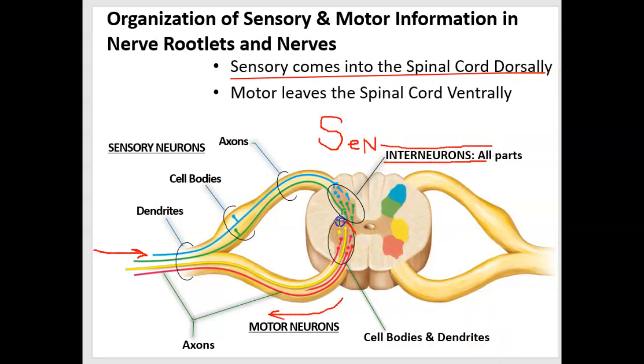But the ventral horn and the lateral horn has cell bodies that are motor neuron cell bodies. So these motor neuron cell bodies send out the axons ventrally through a ventral root and then out to the